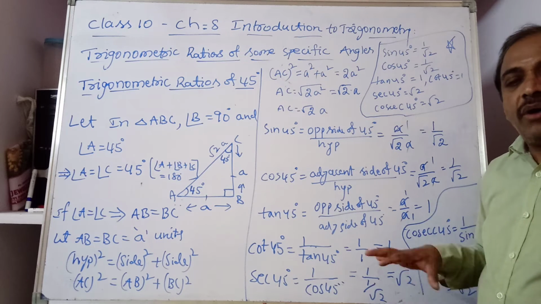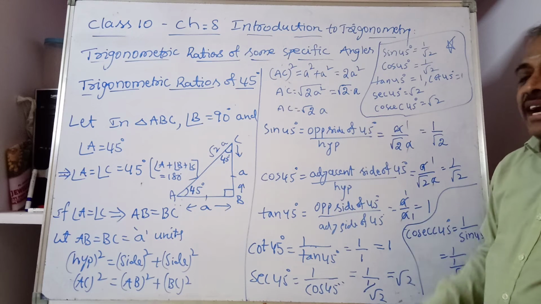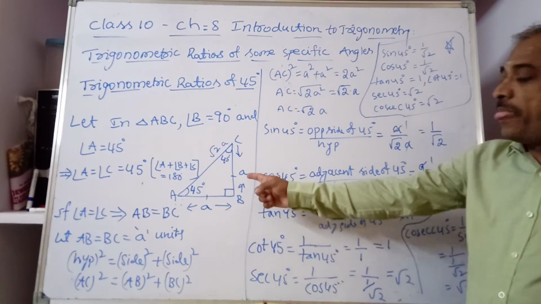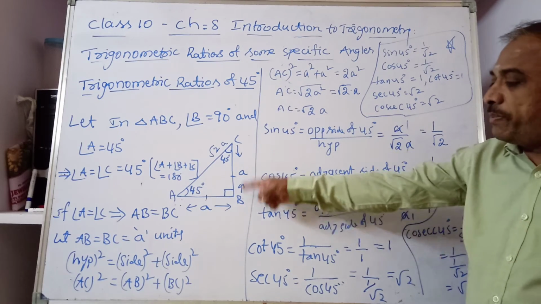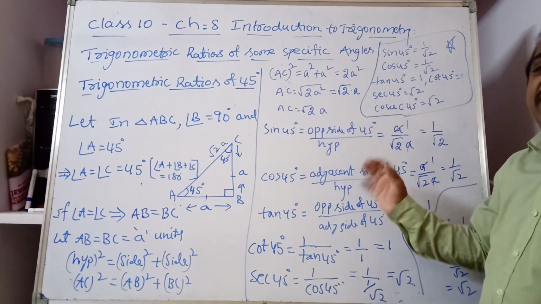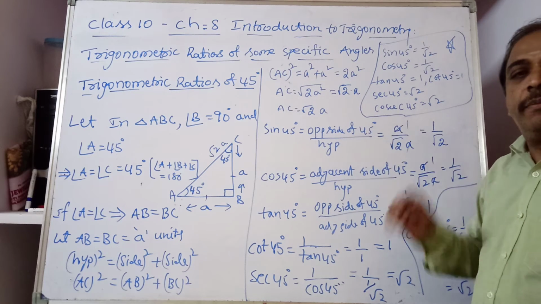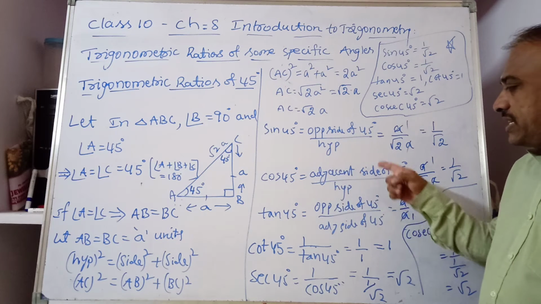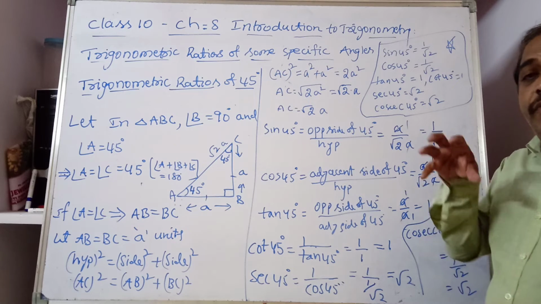Is it clear? How we are getting the 45 degrees? It is an isosceles triangle, isosceles right angle triangle. In isosceles right angle triangle, two sides will be equal, that is A and A. Then hypotenuse will be root 2 times of its side, as we proved by applying Pythagoras property. Then we got sin 45. This we learned in the previous class. Sine trigonometric ratio is opposite side by hypotenuse. So opposite side of 45 by hypotenuse. Cos 45, adjacent side of 45. So similarly, we calculated all these trigonometric ratios for 45 degrees.